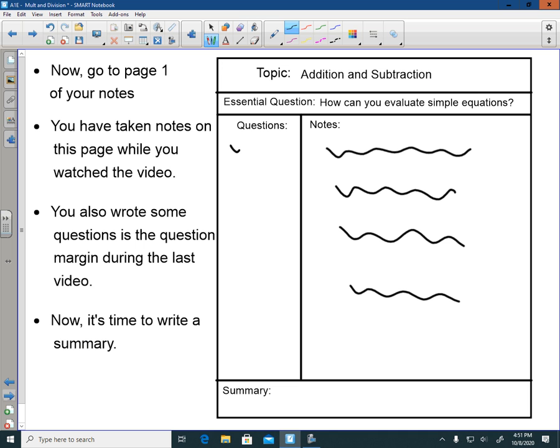And then you wrote some questions the last time you watched a video for each chunk of your notes. And now we are ready for the bottom section, which is the summary. Now the summary, when you're writing notes, when you're revisiting notes, is the answer to the essential question. And the essential question is, how can you evaluate simple equations? And so the answer to that essential question goes in your summary and is really just what you understand about what's in your notes. Now I might write something like, I can evaluate